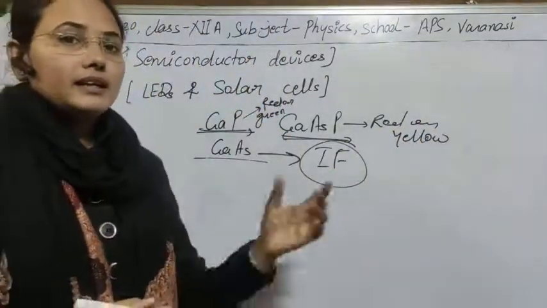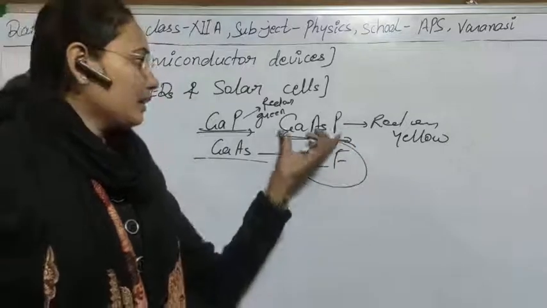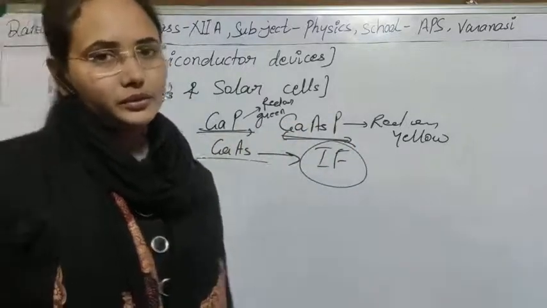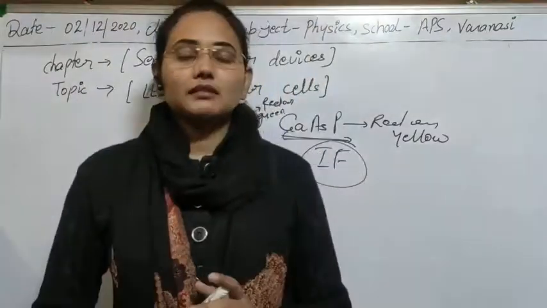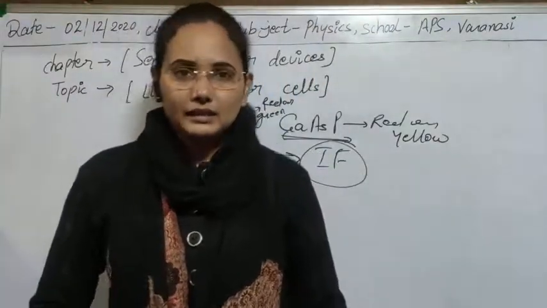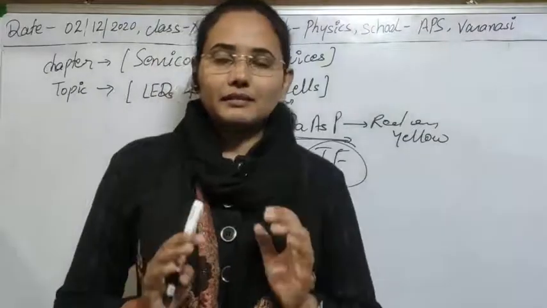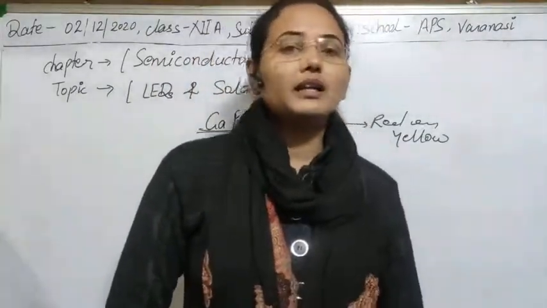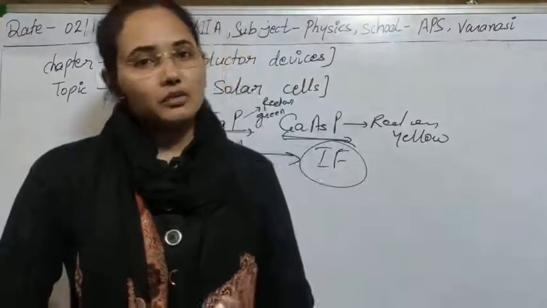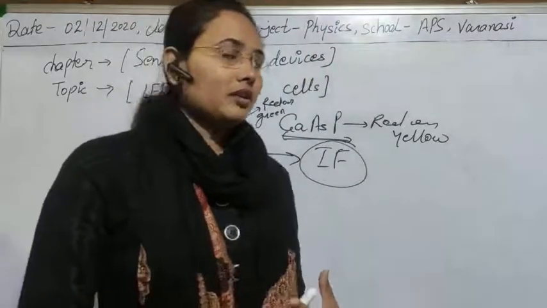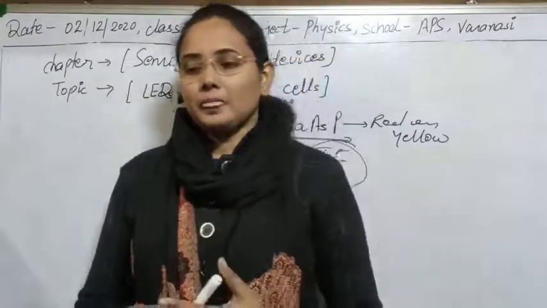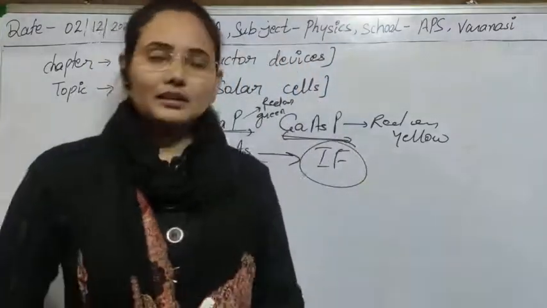So different colored light we can obtain in the case of different types of material that we are using. So this is the basic principle behind the LEDs. I think, guys, you have understood now why we have to use certain types of material to fabricate LEDs. And now the reason why we can't use it in reverse bias,